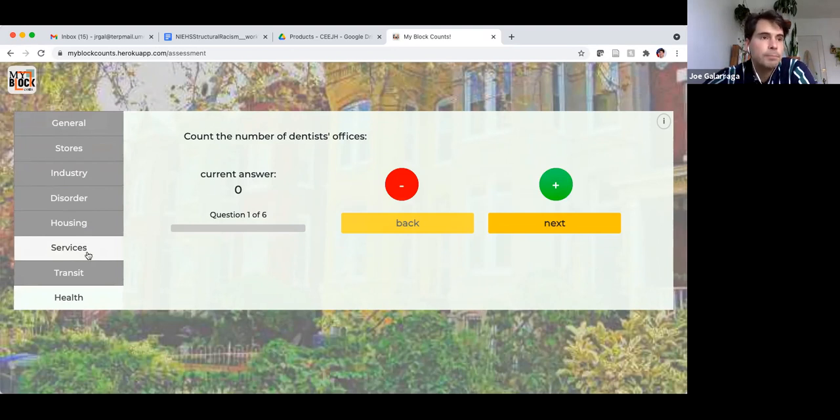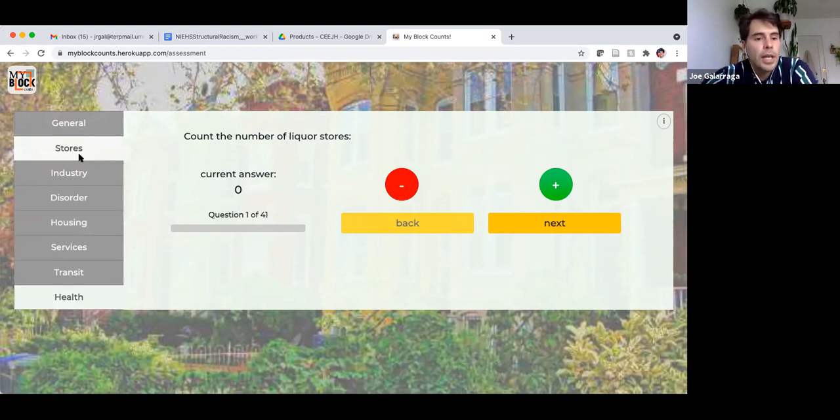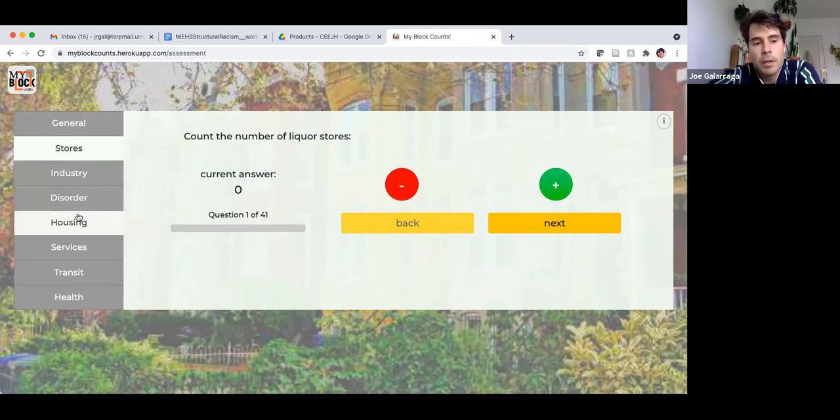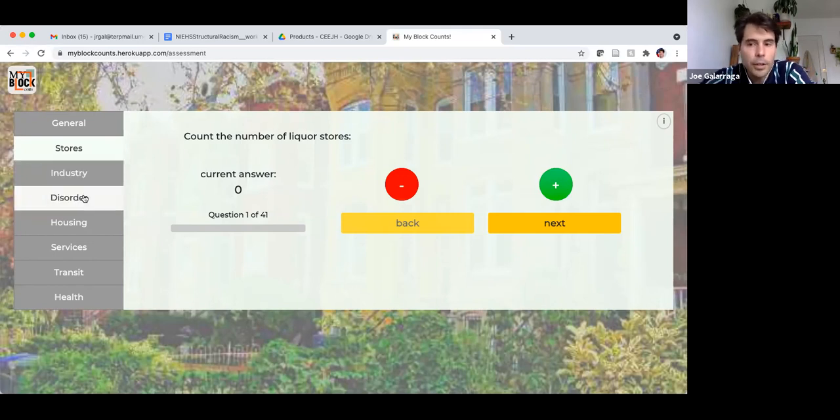So specifically, if you're on 123 West 29th Street, you might know that that's an area where there are no stores at all. So you won't ever have to answer this question, and you can just use the domains that are relevant to whatever your questions might be.